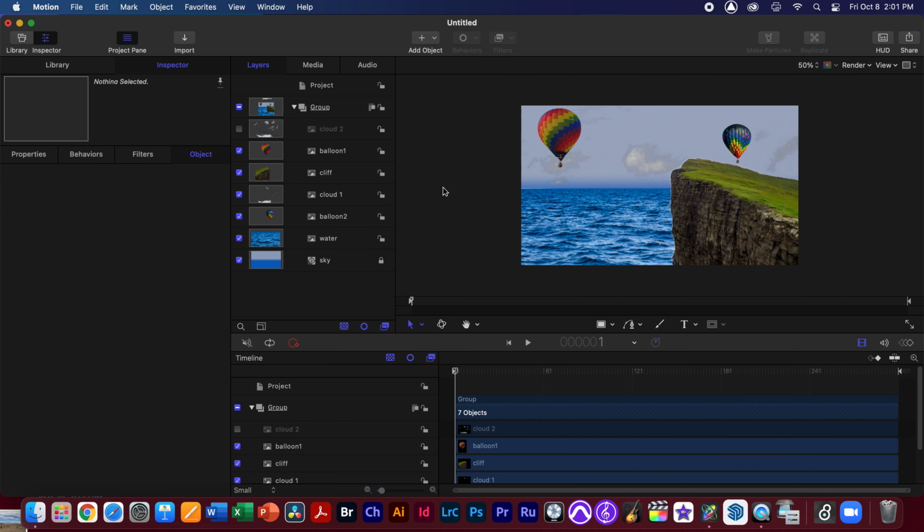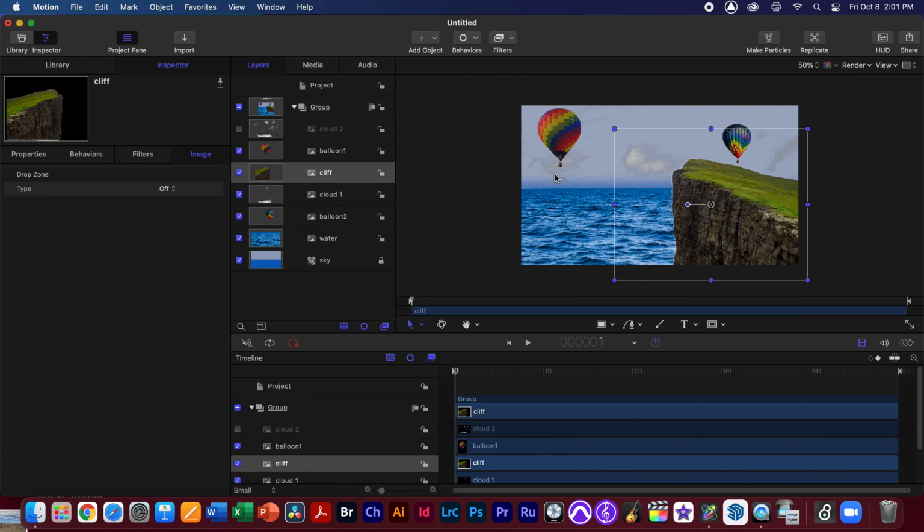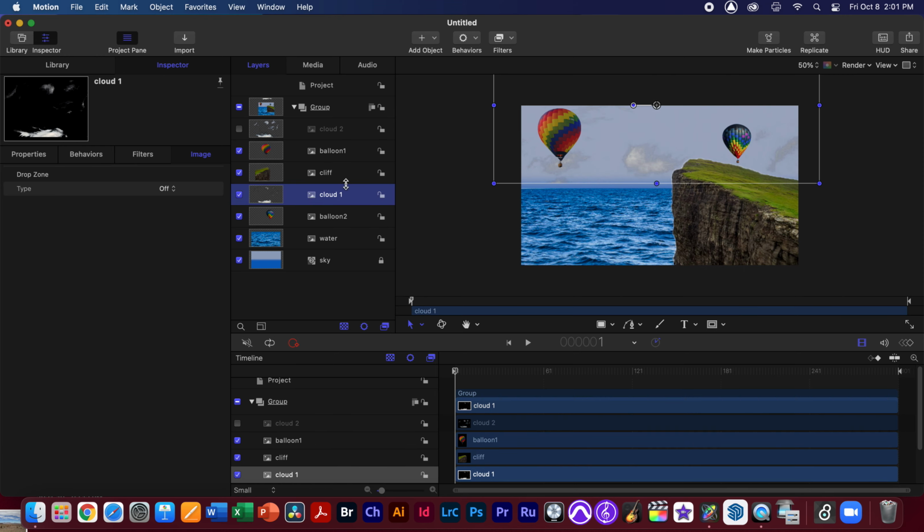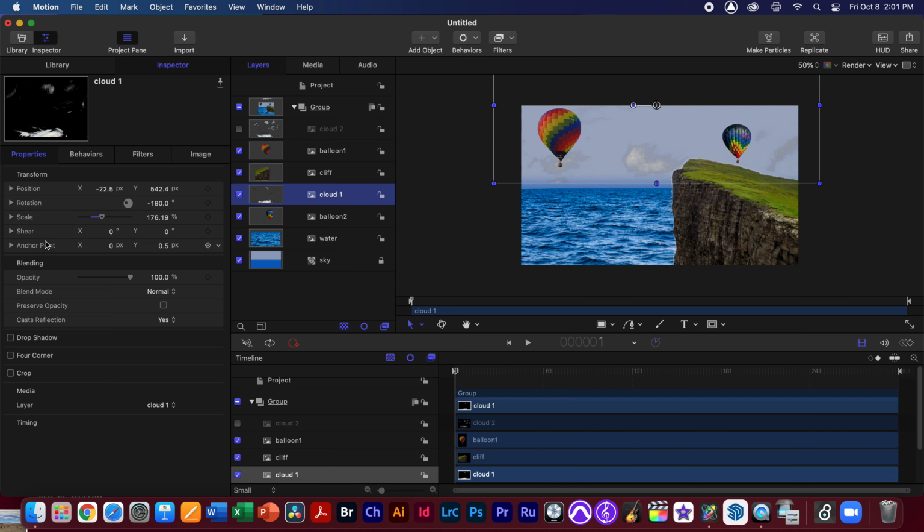Okay, now the clouds don't really show up that well, as you can kind of see for this cloud layer that I just made. It's kind of hard to see. What I'm going to do is go to Properties, and do you notice here under the opacity area, I can actually make those clouds more or less transparent, but I can also change the blend modes. And what I want to do is, instead of using something that makes things darker, like subtract or darken or multiply, I want to